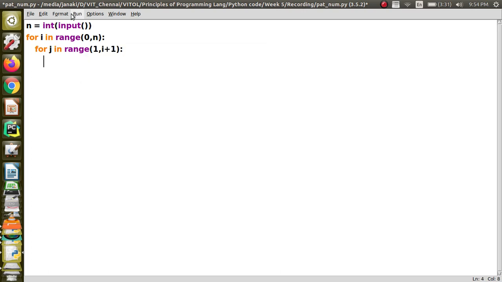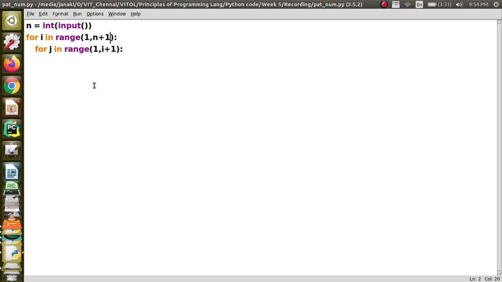The stopping value I am going to say as i plus 1, because we have already seen that the stopping value will not be included in the sequence. Okay. So shall we start the loop here also from 1? That will be better, I think. Okay, yeah. So we can start like this.